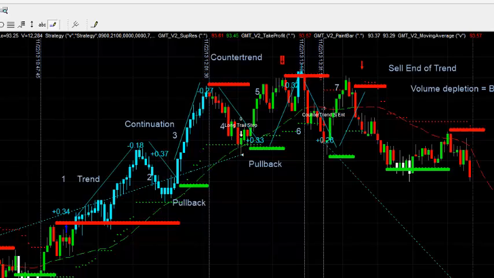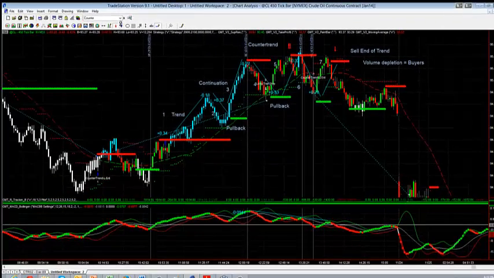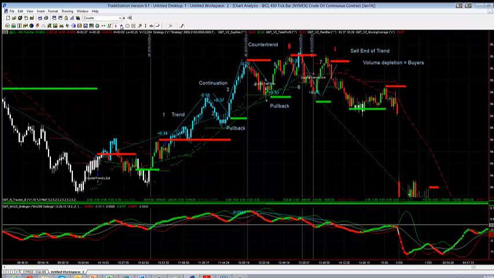So you can see here that clearly in this run up we've got price moving to a point where we've got a nice run up here. You can see we've got momentum. We're above the MACD line, above the zero line, so we've got good, strong, bullish momentum. But when we get to this point here, this is where we start to see the momentum on our MACD drop, and we're starting to head towards that zero line. So that would be the catalyst for potentially a counter trend move.